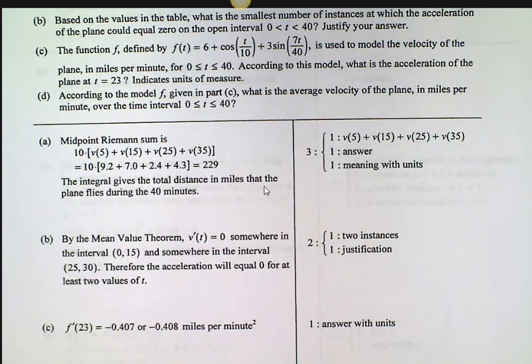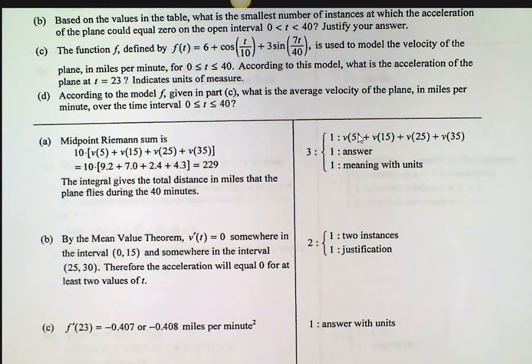Let's go over the points, though. Let's say you have a Riemann sum, and you're like, I can do this much. Is it really even worth it, or should I move on? Well, let's talk about what you get for the points. All right? Midpoint Riemann sum. This is wrong. Remember what I said? This is incorrect because I'm not showing each individual area. I can't factor out the 10 and show my work. Okay? So, I have no idea what this means.